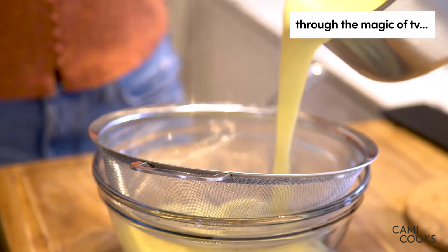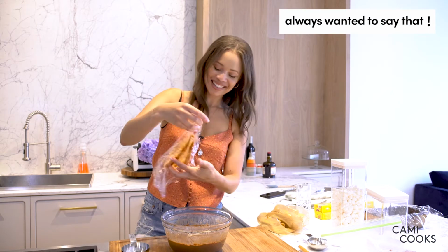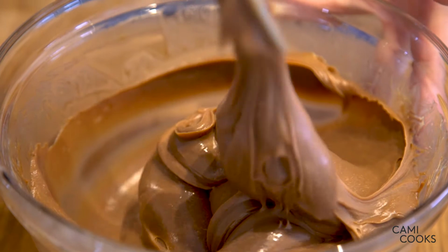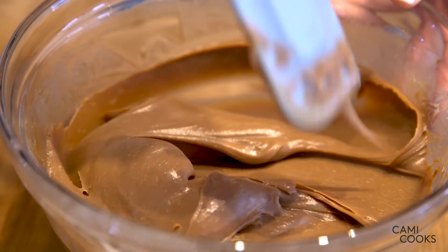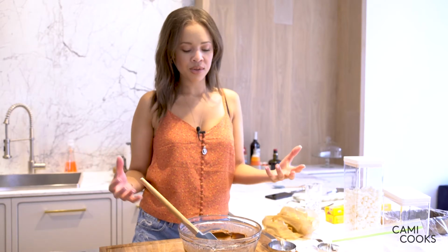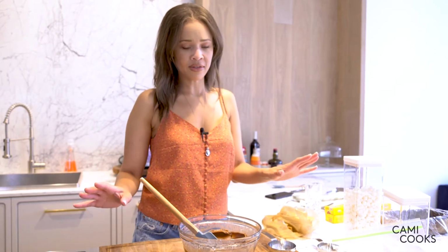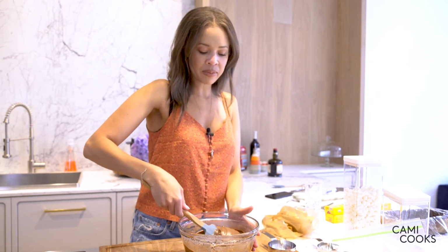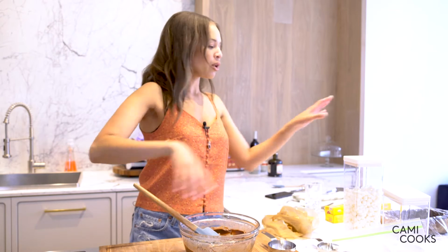Through the magic of TV, I already have one ready. Look at this. It is just velvety and beautiful and magical. One thing though, if you gave the custard more than 6 hours to set up in the fridge, which is totally fine, nothing will happen, just make sure you set it on your counter at room temperature for maybe an hour just to soften a little bit, because you just want it to be spreadable when you're doing all your